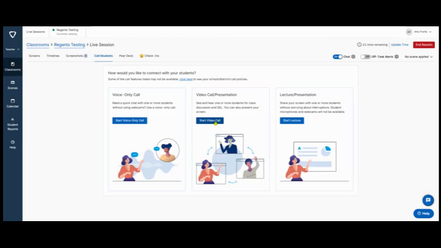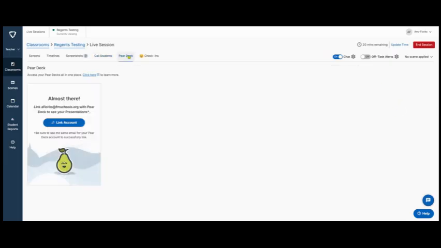So what that means is they would see you and you could present your screen during that time, or you can share your screen just like I did previously. Some of the other options here, they do have a special tab just for Pear Deck. If any of you are familiar with Pear Deck, it's kind of like an interactive add-on to Google Slides and